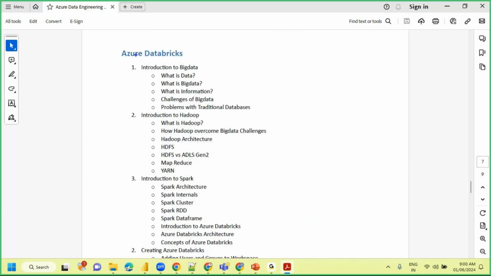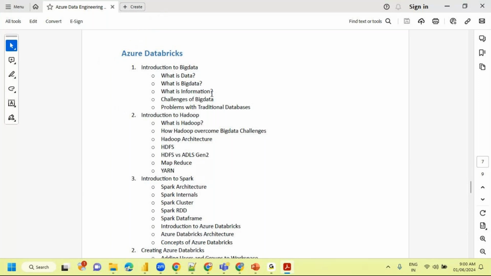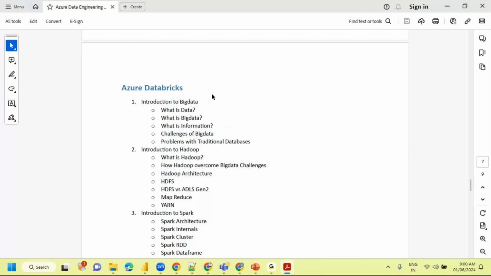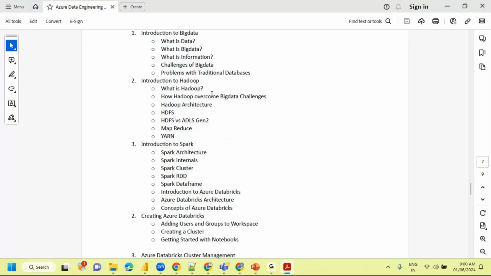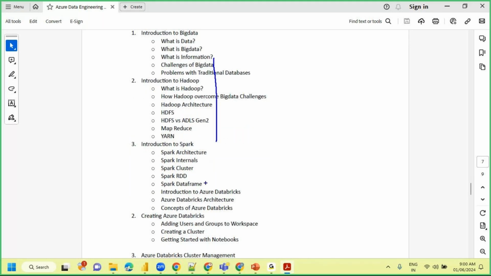And then we have Databricks. So Databricks, how exactly we can define that is big data. Of course, your Data Factory also can be used to process your big data. And I'm going to talk about how exactly that was processed with Hadoop, and later how we can use Spark, and what benefits we have.